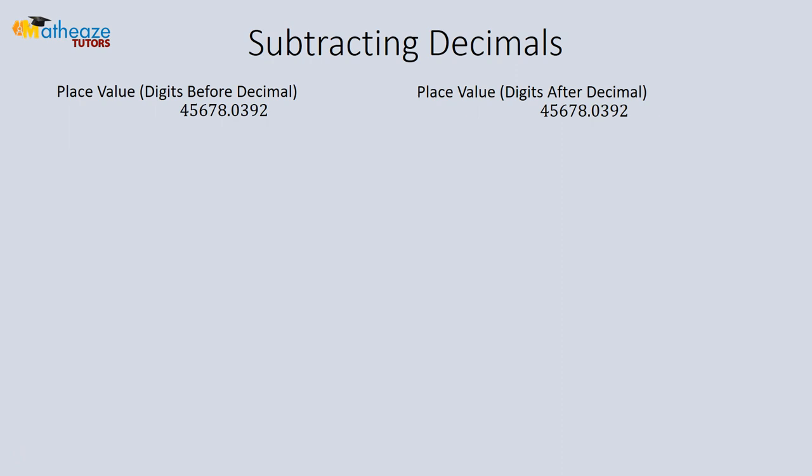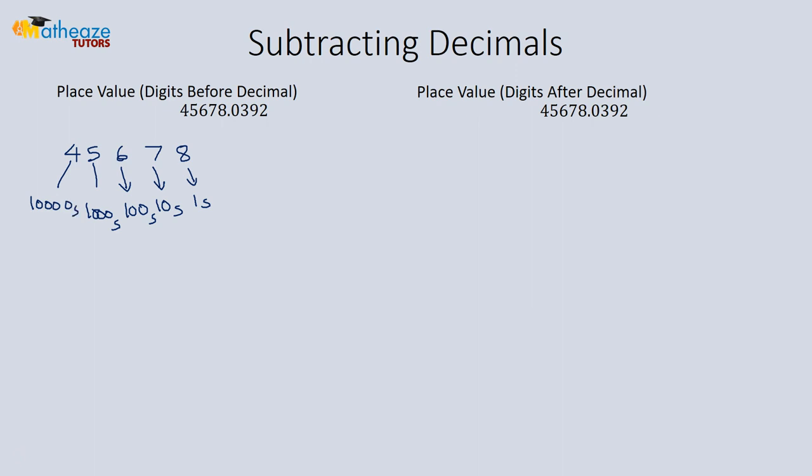Now, we're going to focus on the digits before the decimal and the digits after the decimal. So you have 4, 5, 6, 7, 8. The 8 is in the ones place, 7 is in the tens place, 6 is in the hundreds place, 5 is in the thousands place, and 4 is in the